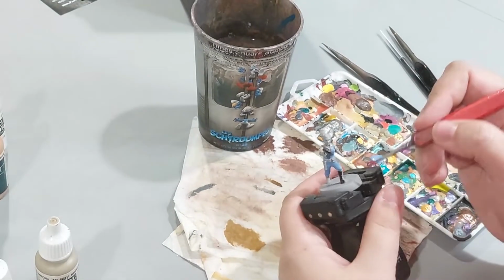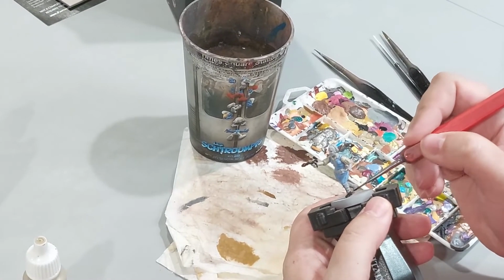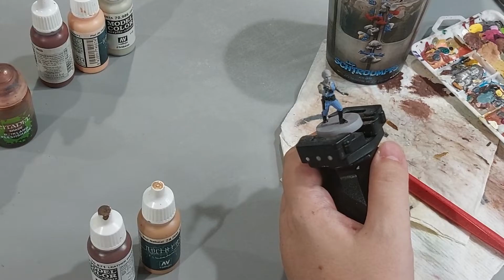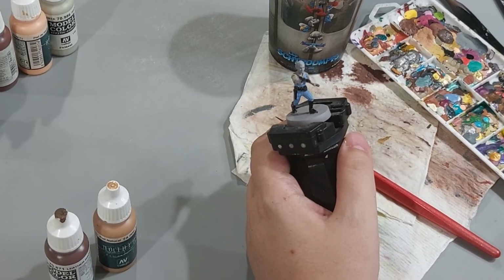So, just working on the boots now. And then I'm going to do her belt. And when you're done, you'll show what it looks like? Yeah. Okay, so I'm still waiting for my contrast to dry a bit because I had to actually paint